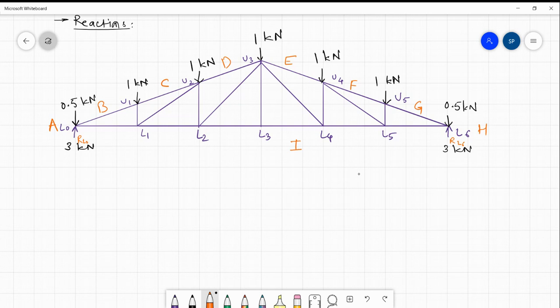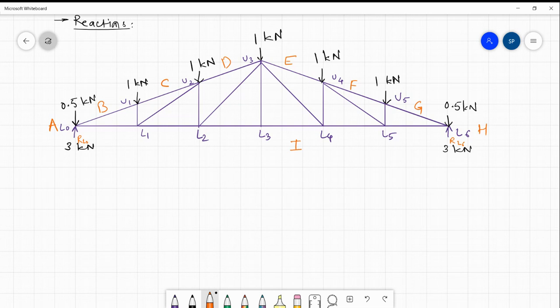Similarly, for RL6, there are two Bow's notations, I and H. Now, this is how we have introduced Bow's notations for external load and support reaction. Now, as we have to analyze the roof truss here, it means we have to calculate internal member forces developed in various members, say L0U1, L0L1, L1U2, L2L3, U3L3. So these are the unknown forces that we have to calculate. Now to calculate these forces, again you have to go for graphical representation of these forces.